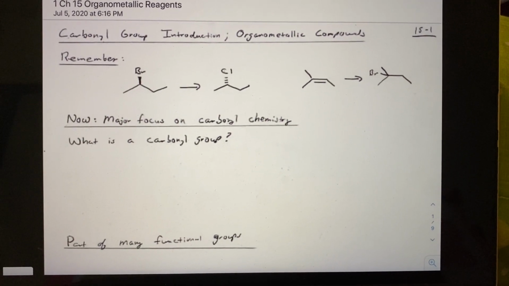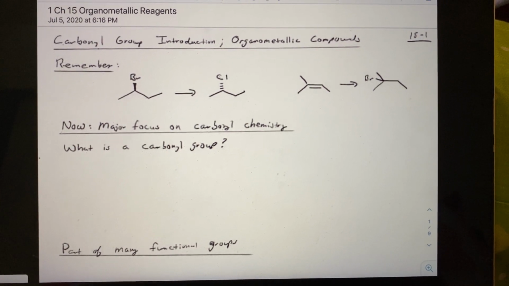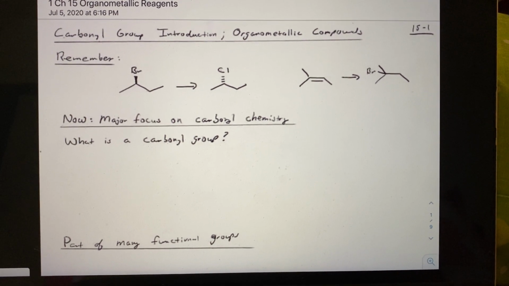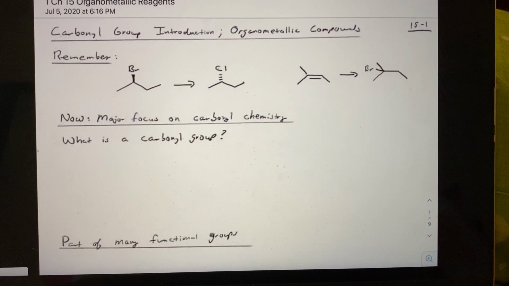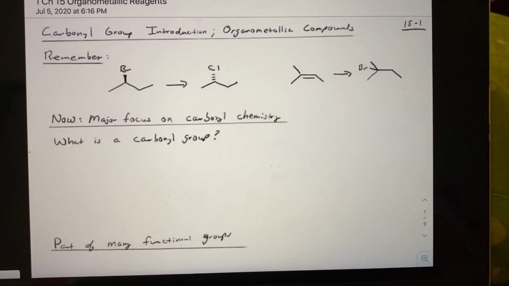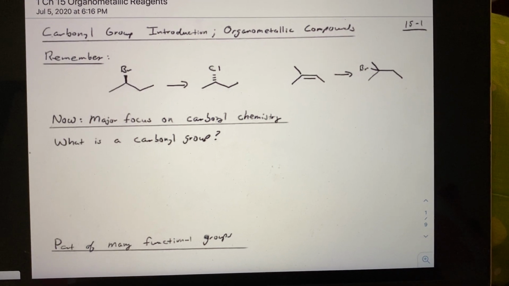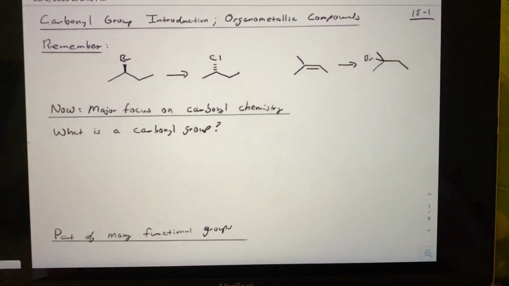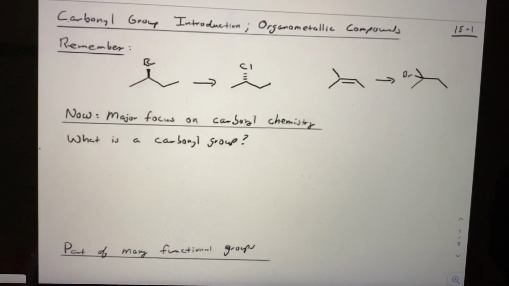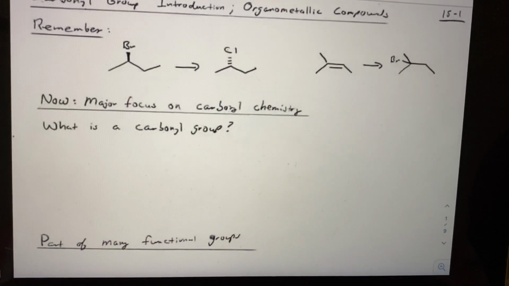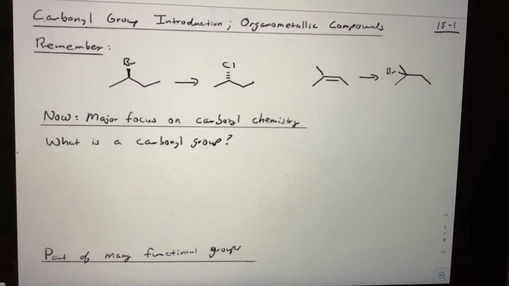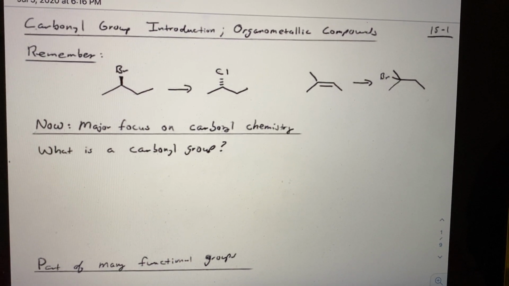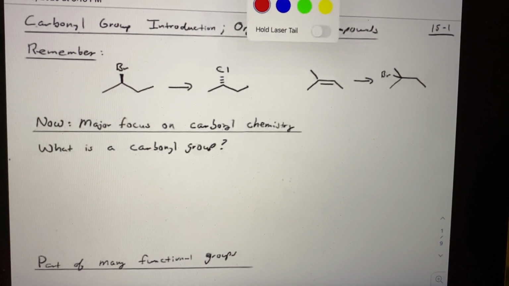So now let's go forward actually into new material, because as mentioned, this summer class moves relatively quickly. And let's get into this discussion of carbonyl group chemistry and organometallic compounds. And this carbonyl group will actually be one of the major components that we're going to be discussing all semester. And so to help with this introduction, I just want to make sure that we're all kind of starting off together. So remember, as we discussed about 10, 15 minutes ago, maybe 20 minutes, we saw that if we have this alkyl bromide